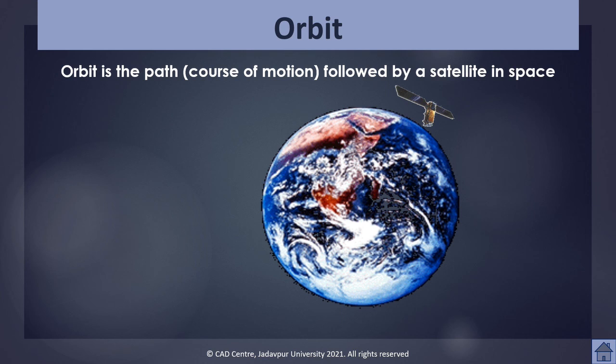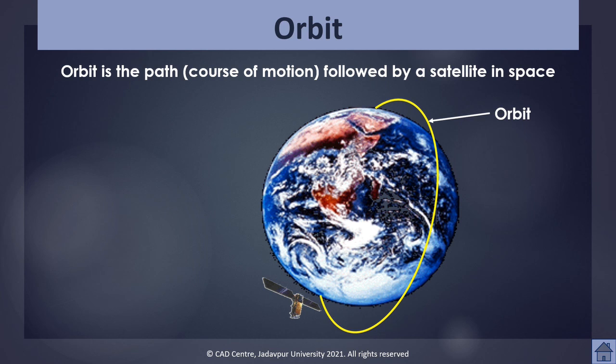Now, first is orbit. What is an orbit? Orbit is the path or the course of motion followed by a satellite in space. So, this yellow line is basically the orbit. This is a virtual line that is followed by a satellite in space, and it also has a ground trace. This ground trace is actually called path,